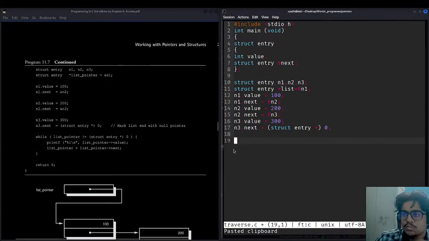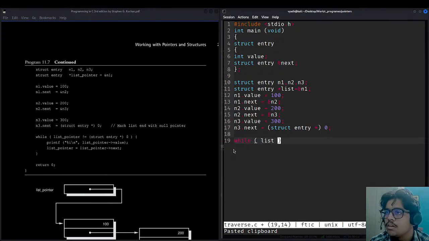Okay, so they have taken one condition: while list pointer is not equal to the null character. So while list pointer is not null, why follow such long syntax? Which syntax are you talking about particularly?